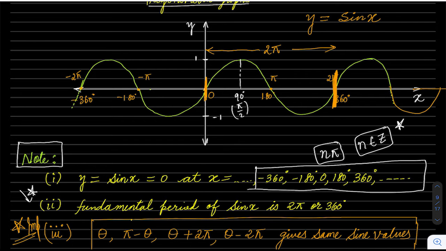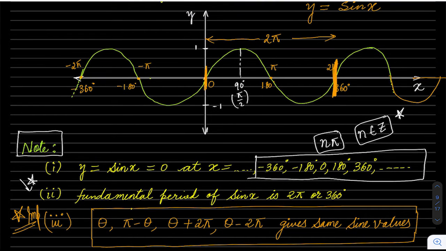It means you take any angle, for example, let me take 30 degrees. At 30 degrees, we have some sine value and we know this will be equal to half. So if you add 360 degrees to 30 degrees, you will get the same value. That is what we understand by period. So if you add 30 degrees to 360 degrees, you will get 390 degrees. So at 390 its value must also be half. That is the meaning of period.